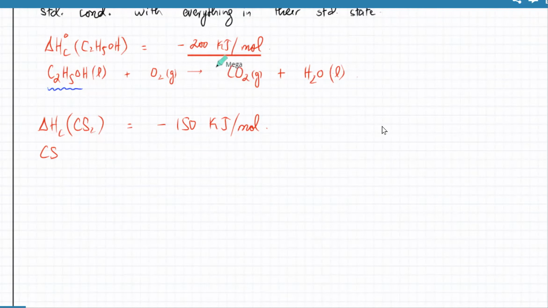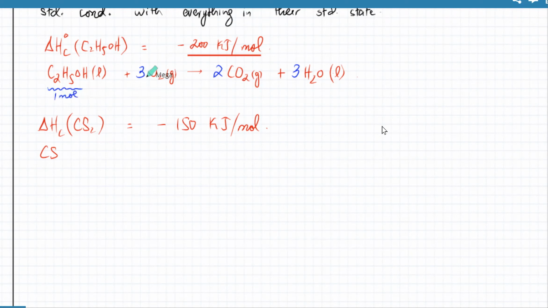So it's going to be 2 carbon dioxides. It's going to be 6 hydrogens, so there would be 3 water molecules. That's a total of 4 plus 3, 7 oxygens. So this is 3 O2. So now it's balanced. But remember, the substance has to be 1 mole at all